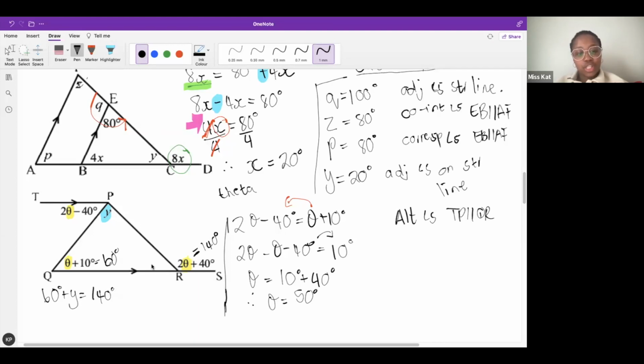Yes, and my reason? Exterior angle of a triangle. Oh, beautiful. Exterior angle of a triangle. Okay, let's go for it. 60 degrees plus y is equal to